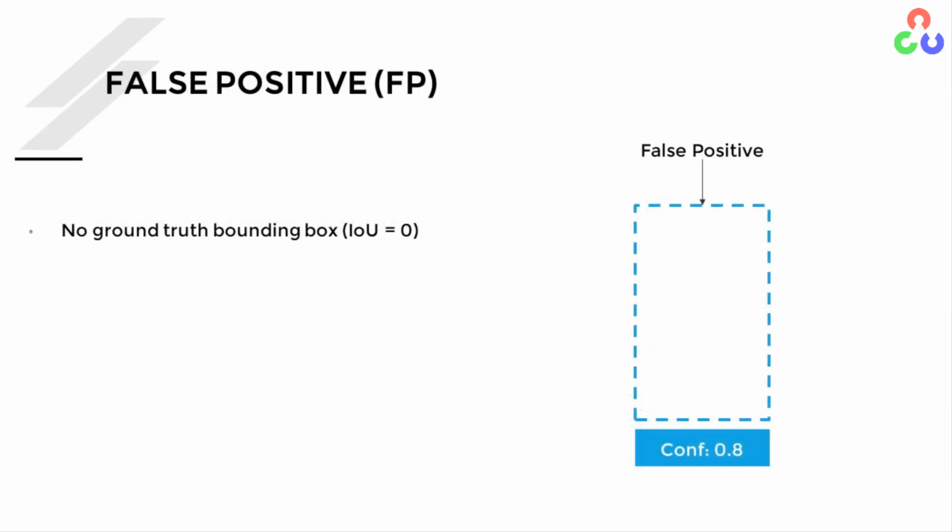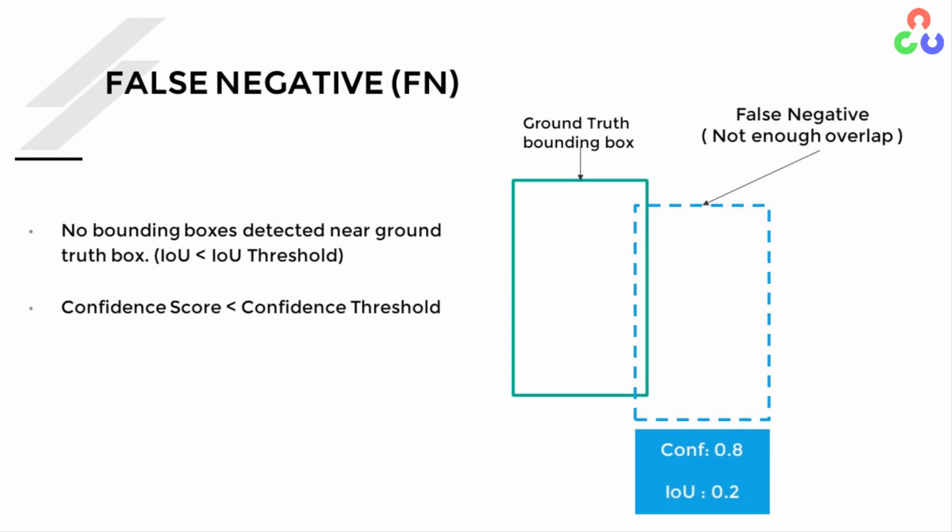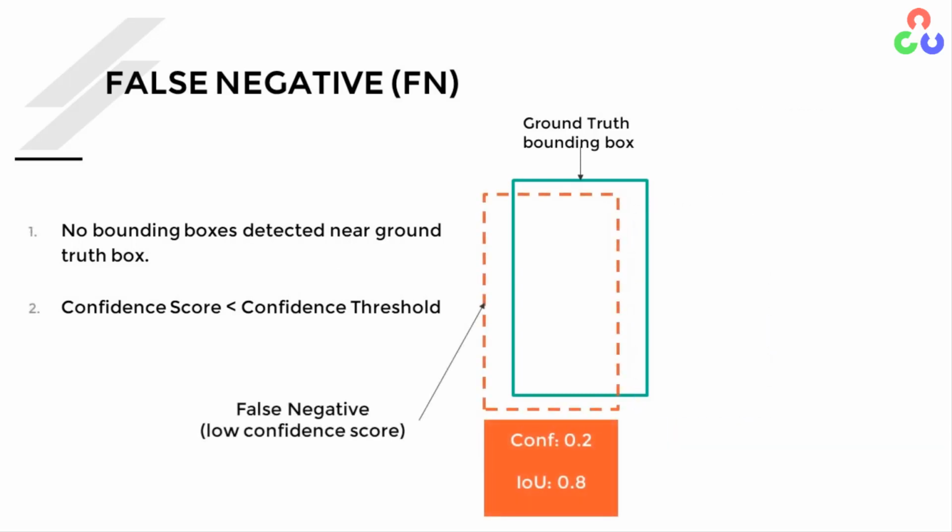If we detect an object with high confidence, but it is actually not present, we call it a false positive. We may also get a false positive when the object was detected with high confidence, but it was not localized well, and therefore the IOU was below the threshold. False negatives are cases where there was an object present, but we missed it completely. We also get false negatives when the object is detected, but with low confidence. Because of this, we have to filter out this bounding box, and the result is a false negative.